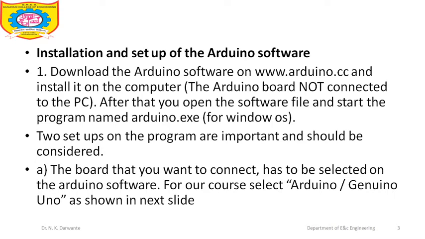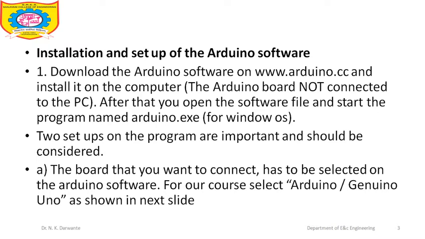Then you can download this and install it on your software. Once it has downloaded, you have to search for the file named arduino.exe. Then click on this arduino.exe, and one window will pop up. First of all, it will ask whether you want to run this software on your PC. Then you have to say yes and go ahead.